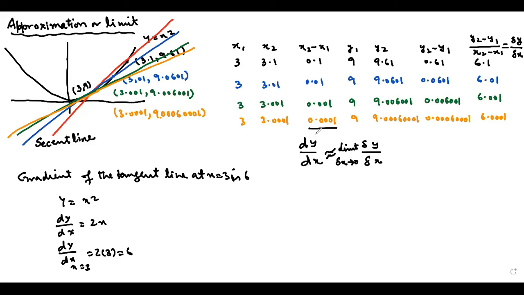अब आप मुझे ये बात बताएं कि gradient of the tangent line and gradient of the 3, 9 and the yellow point is approximately equal or not? Yes sir, equal hai. ठीक है, we can also define this